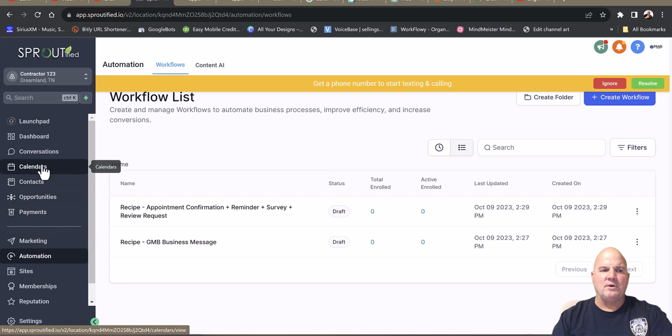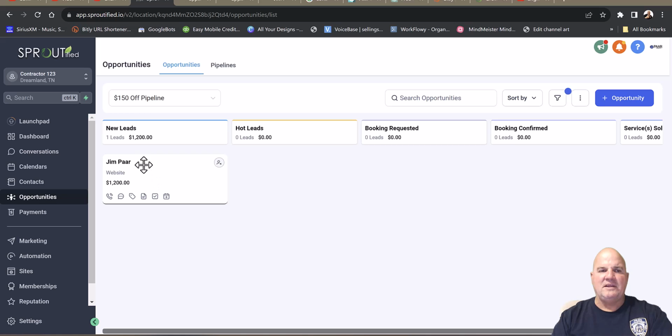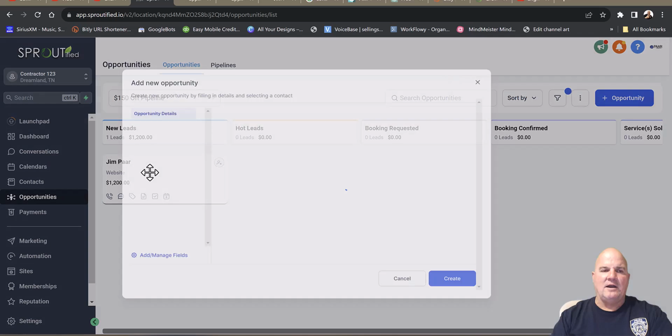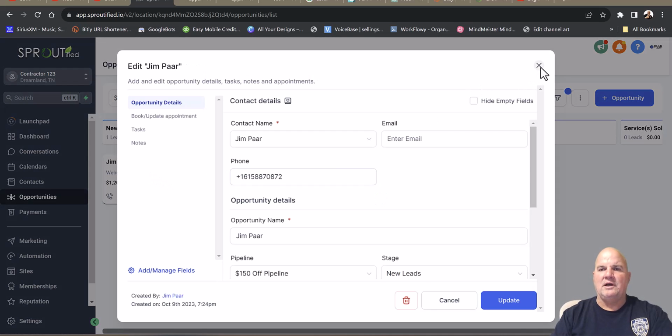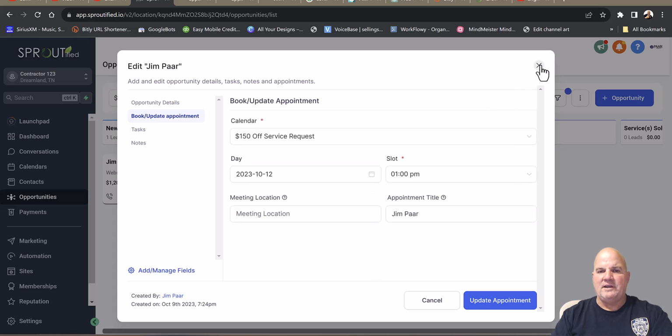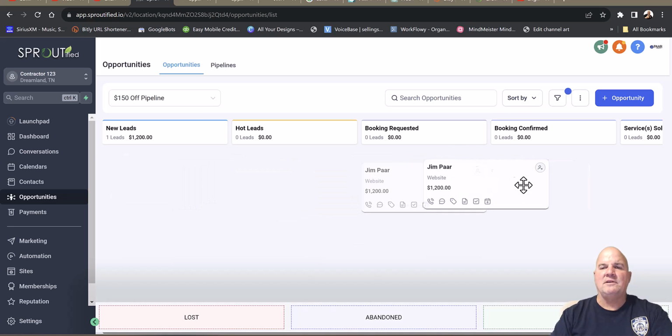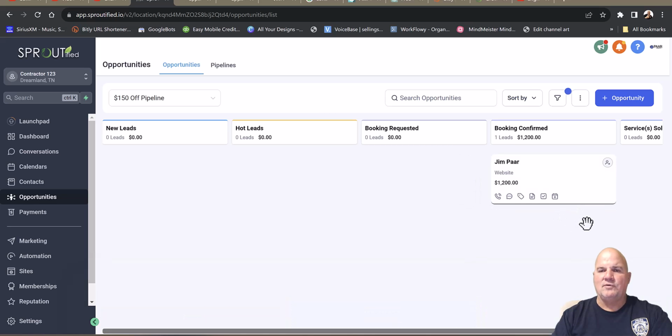But just remember, when we go back to the pipelines here and opportunities, being we did a few things now, we can see that this person came in as a new lead. We didn't automatically send them to, because they did book an appointment and it was scheduled already. It didn't automatically send them because we didn't have that workflow attached yet. We were doing that after the fact, but you can easily drag this person over into booking confirmed, and bam,